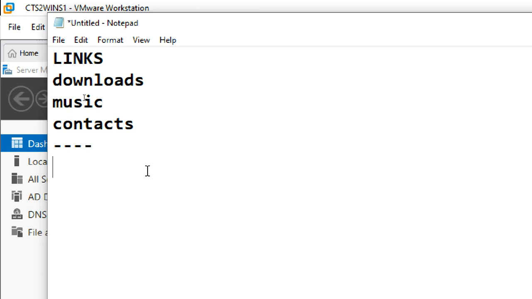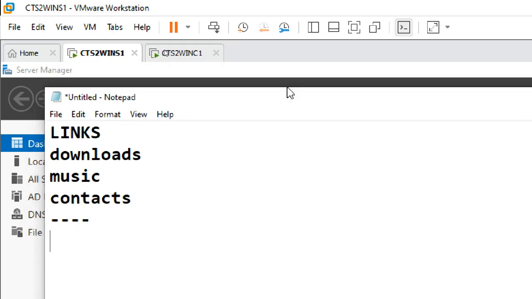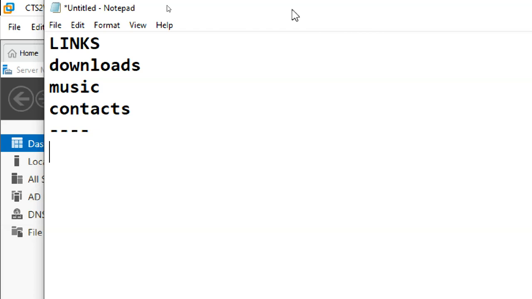A client is always like Windows 10, Windows 7, Windows 8. We call that a client because it's a workstation PC. The Windows 10 I'm currently using is a member of my domain, which means it's a client to my server directly.